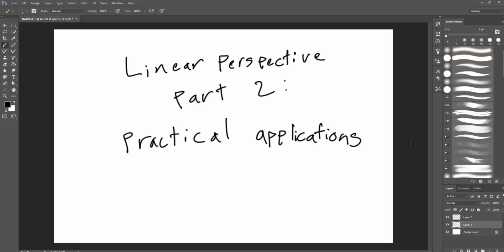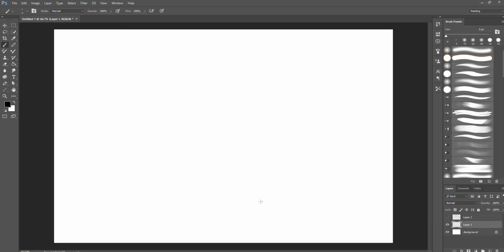All right, so we've already briefly discussed some of the basic laws of linear perspective, and now we can get into some of the more practical applications of perspective, some of the reasons why it's very useful to know these laws of linear perspective, and the ways that they're going to apply to the kinds of drawings that we're going to be making. So I want to briefly start by covering some old ground again,